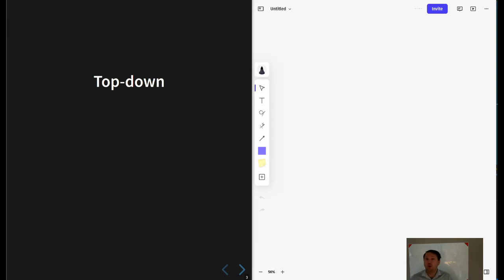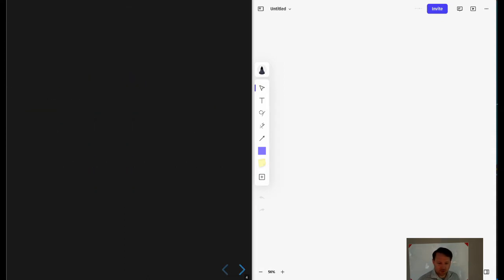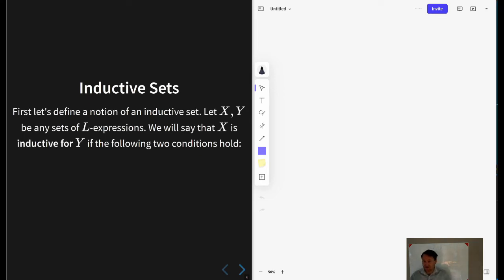So for instance, one such set which has all of the sentences in it, but then more, even more than just the set of sentences, is the set of all L expressions. So that's a wild overestimate, right? It's just got everything in it. It's much too big. But what we're going to do is find a way to kind of carve it down until we remove all of the things that we don't ultimately want to call sentences. So, to help us to define exactly how we do this,